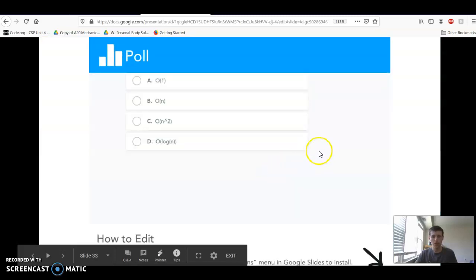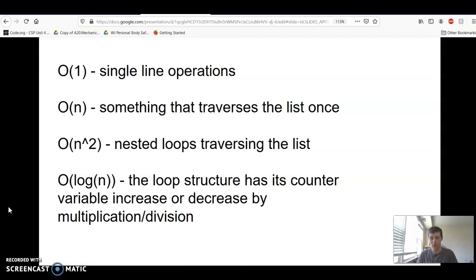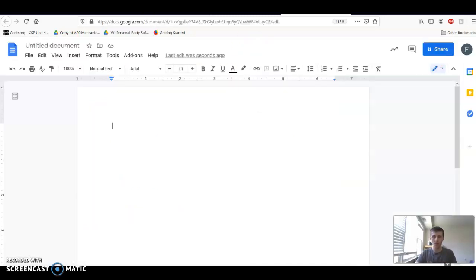So the first thing to note is the following set of rules when it applies to Big O. It's important to understand how Big O works, but if nothing else, you should have this following framework. Anytime you have a single line operation, doesn't matter what kind of operation it is, you should be thinking Big O of 1. So for instance, if we had something like this, function, my function, and it takes in 2